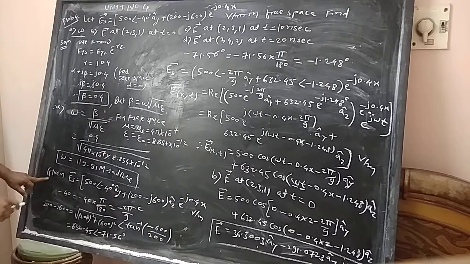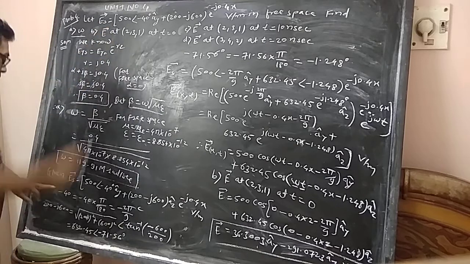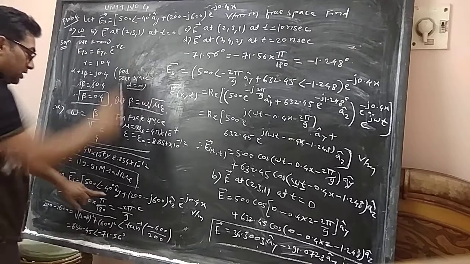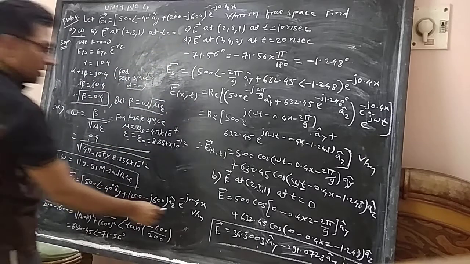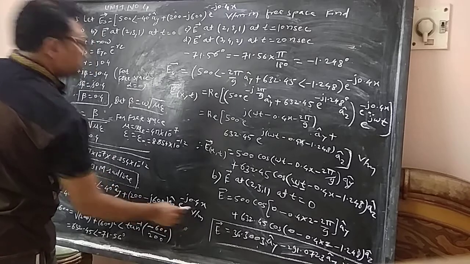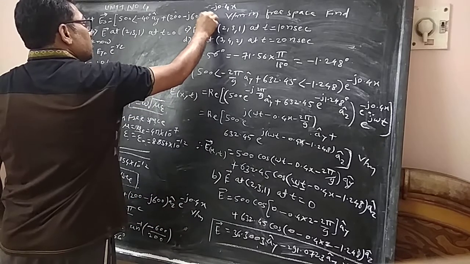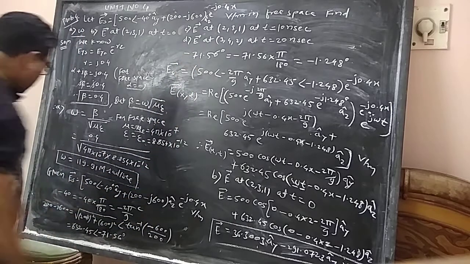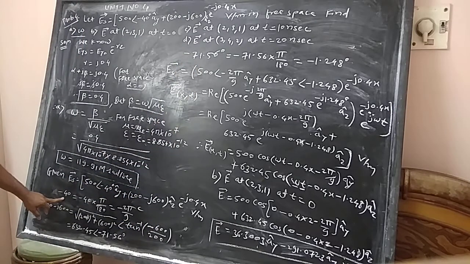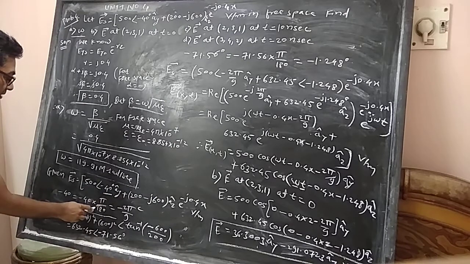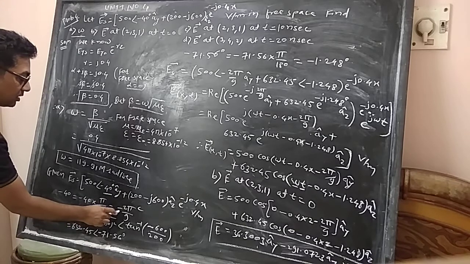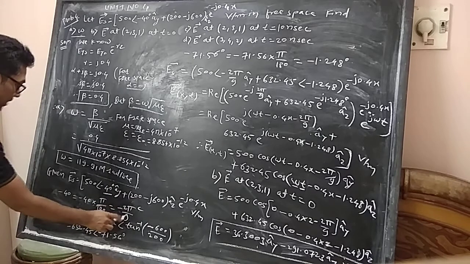Now it is given that in the equation E_s vector equal to 500 angle of minus 40 degree a_y plus (200 minus j 600) a_z e raised to power minus j 0.4x V/m. I forgot to write a_z here, so I am correcting that. Now to compare this equation, first I am converting this minus 40 degree into radian. So minus 40 for radian we multiply by pi by 180. So we get the value minus 2 pi divided by 9 radian.